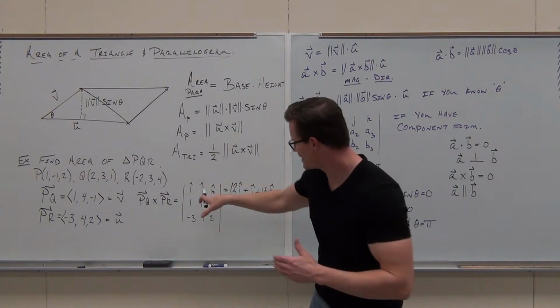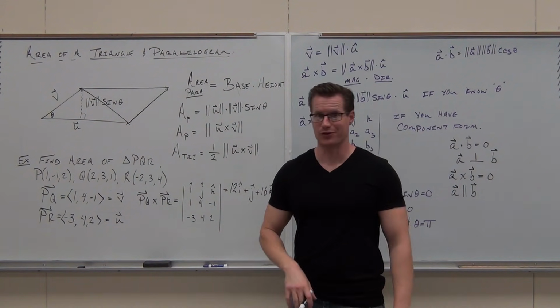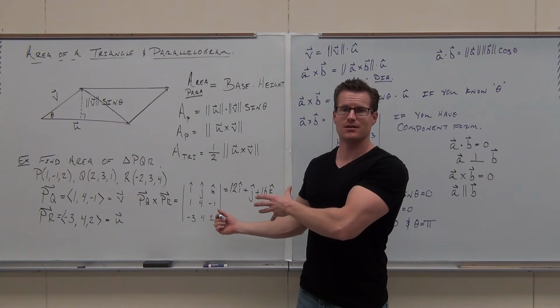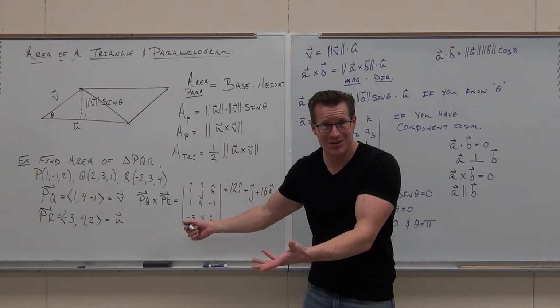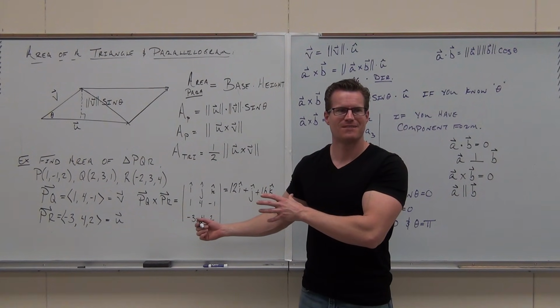Okay, stop right now. What is that? What is this thing? And don't just say it's a vector. What is this vector? Cross product. I know it's a cross product. We just did that cross product. What's it represent? The area